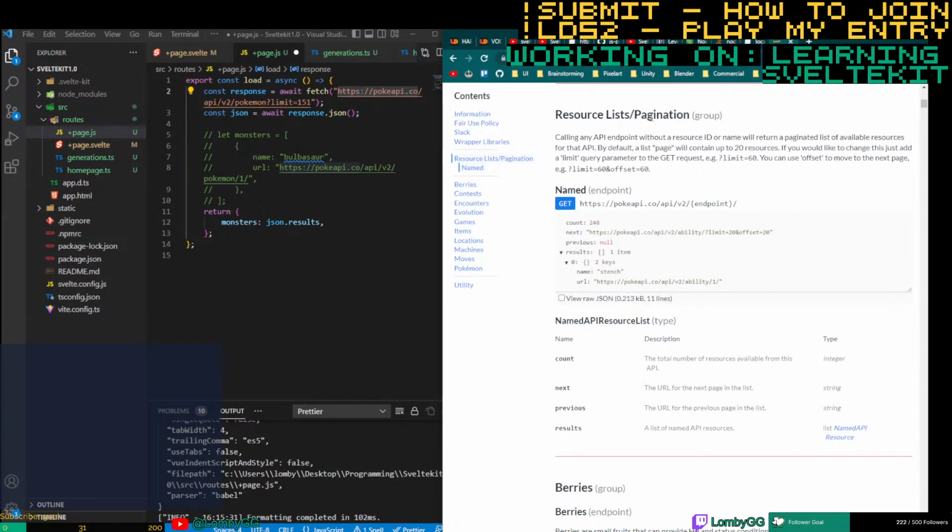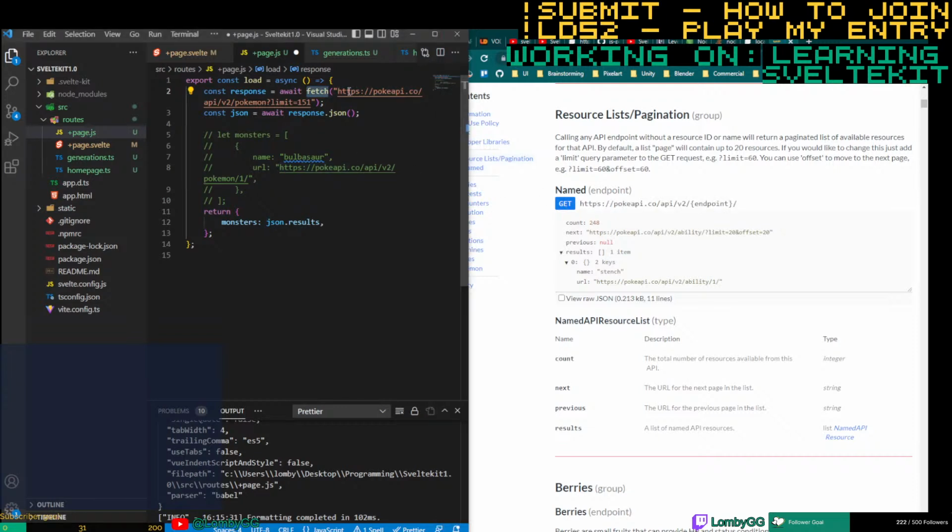Is that what we're doing? Resource lists. Calling any API by endpoint without a resource ID will return a paginated list of available resources for that API. Yeah, here we go. So this is the command that we're doing. We're doing a get to this. So this fetch is doing a get command to